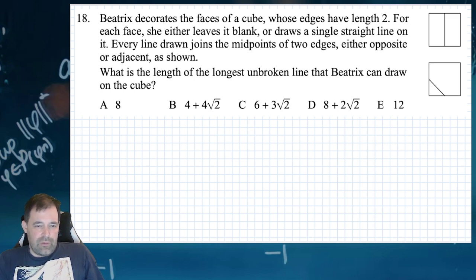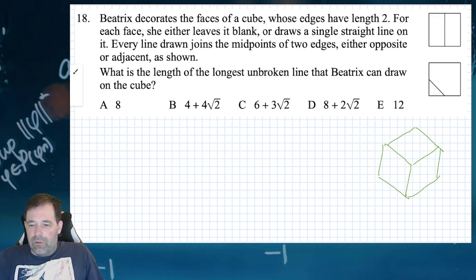Alright, so this is going to be difficult to visualise, so you've got your cube, and Beatrix is going to be drawing lines on it, and the lines are either going to go from the midpoint to the opposite midpoint, or from the midpoint diagonally. Now the longest unbroken line she can draw, yeah, single straight line, so you've got to have a line in every face. So if you did that line,